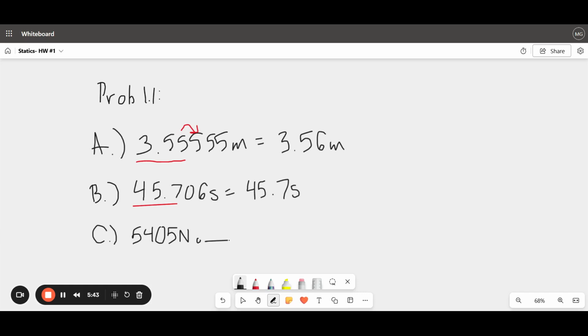So we're going to go from newtons to kilonewtons. We have 1,000 newtons, and that equals 1 kilonewton. If you want to write down these conversions while I'm solving them through the video, feel free, because this homework is just going to have a ton of conversions. And that's going to equal